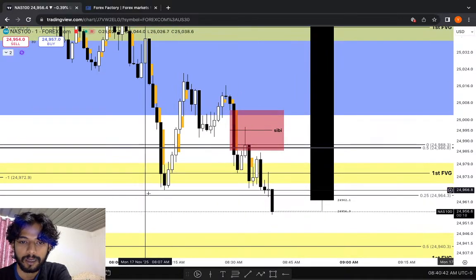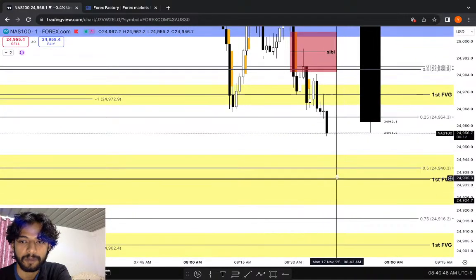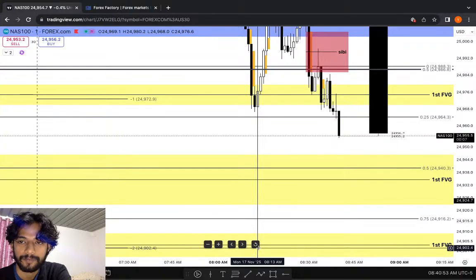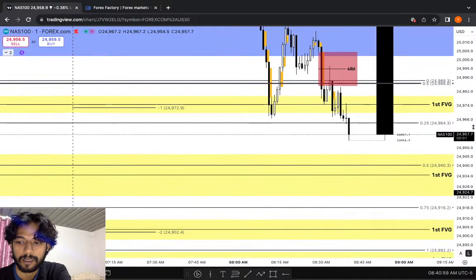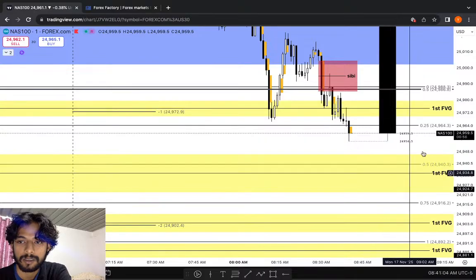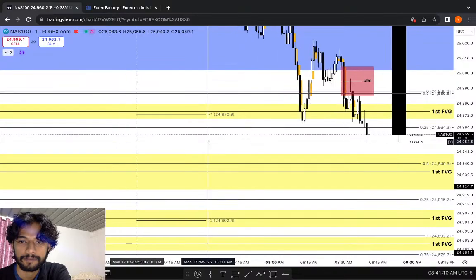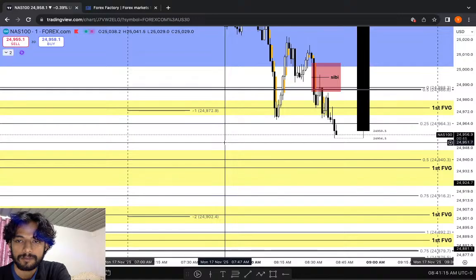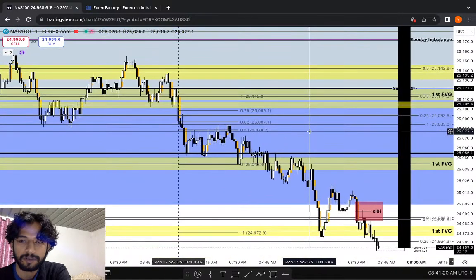So now we have taken out this low right here. Now let's see, we have the low from the 15-minute around this area, then we have our -2 standard deviation. So I'm looking for this, I told you, and yes, within the next 20 minutes we have the closing of this 4-hour candle. So it's pretty much interesting to watch.